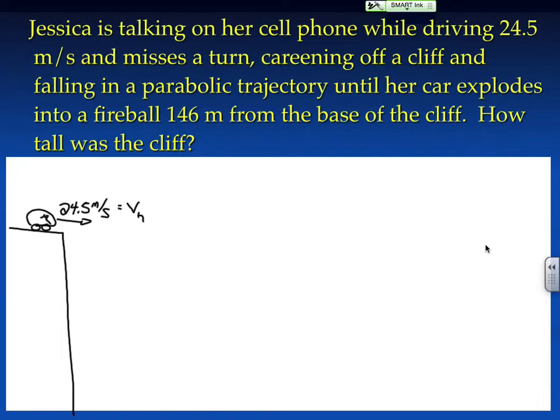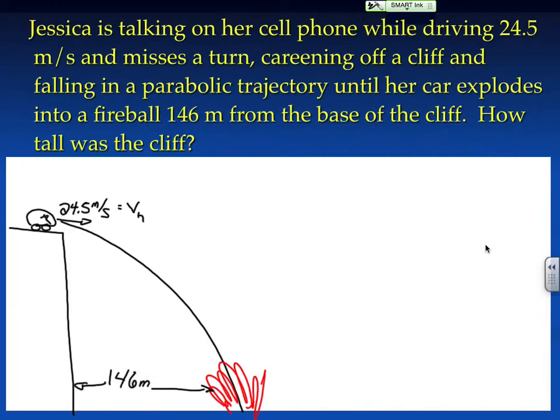Okay, so 24.5 meters per second is the velocity. I'm going straight sideways because that's the way cars go. And of course, she's going to travel in a parabolic trajectory until her car explodes into a fireball. How far? 146 meters. This meter says it's going to be a d, but what direction is this d? Horizontal, so this is going to be DH. So I say, hey, I got it made. Now, I'm looking for how tall was the cliff. How tall is